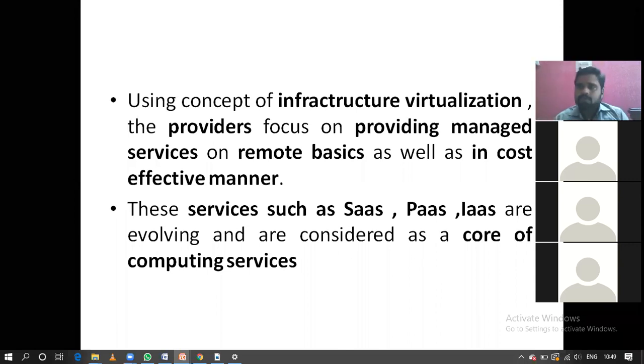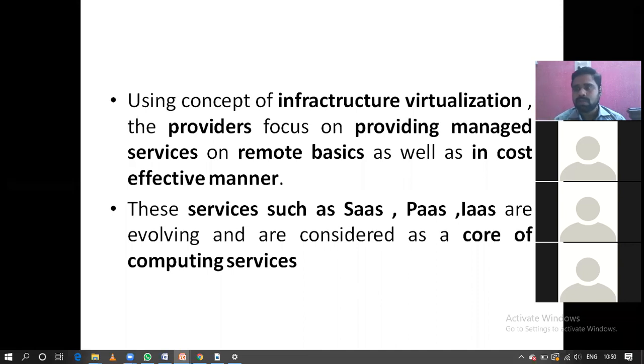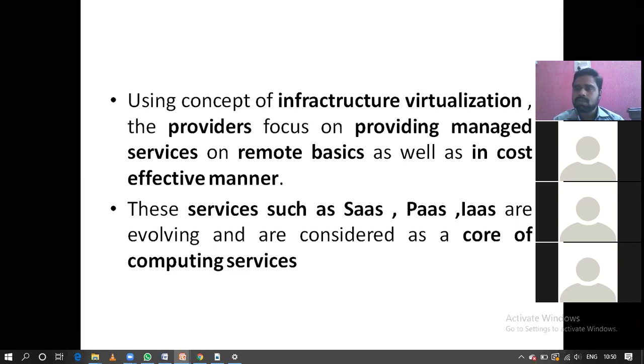One more thing guys, if you go for these virtualization things, those things will not be on your local system, they will be remote. For suppose I am using Google Drive for storage. I am saving some images, photos and videos on my Google Drive. Those will not be saved in your system, they will be saved in a remote system, that is Google servers. With the help of this, if you go for the cloud, the cost is also reduced guys.